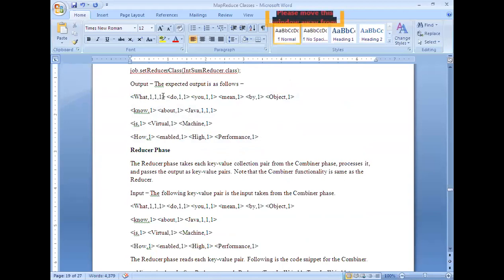Here 3 times it was repeated, so this will be added. That means finally we are supposed to produce the word and how many number of times it was repeated, 3. So this is the output which we are expecting from the reducer function.